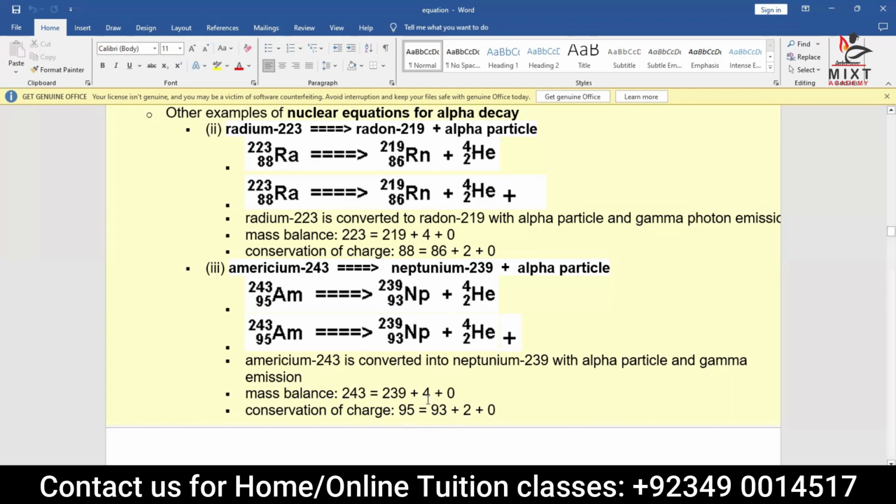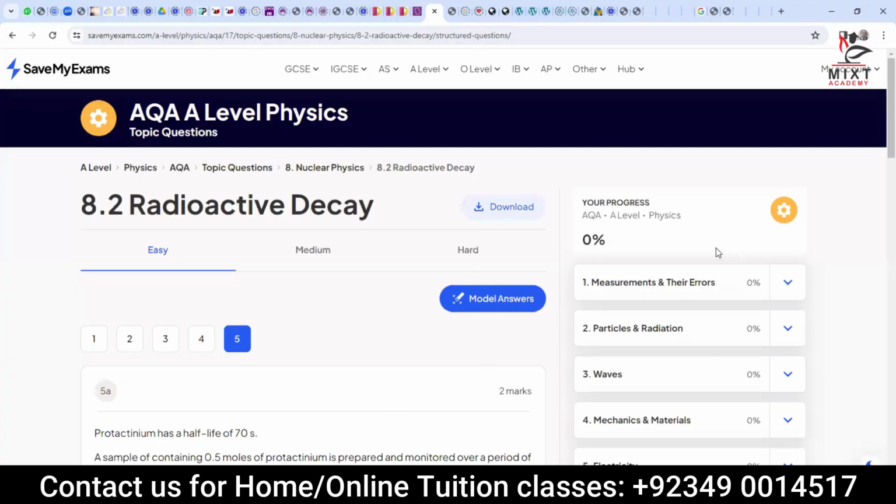Now I'm not giving any questions or equations related to gamma particles. Can you tell me why I'm saying this? Gamma is just energy. A gamma particle doesn't make any contribution in changing the atomic number or mass number. Always remember, whenever there is a gamma particle, it will be along with either an alpha particle decay or a beta particle decay. They don't go out alone because it doesn't affect either the proton number or the mass number. Okay, now